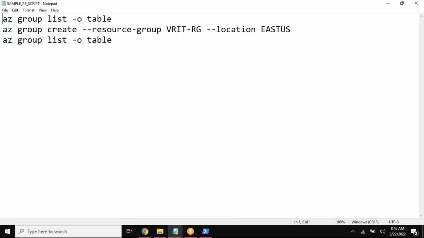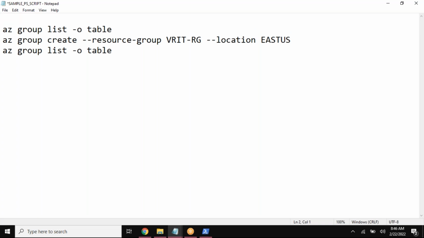instead of having all those things like this, I would like to add a few extra parts so that it can provide you the information about what the command is going to implement. For that reason, here I'm adding my echo command. Echo, what do you want to echo? I want to echo something, like saying listing of resource groups,